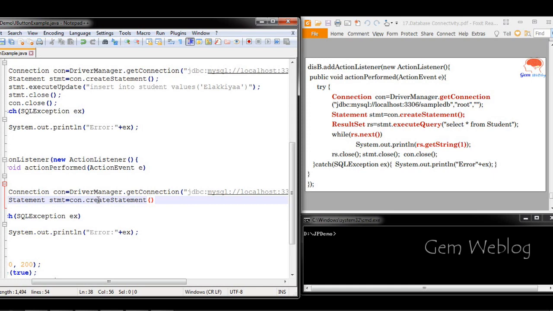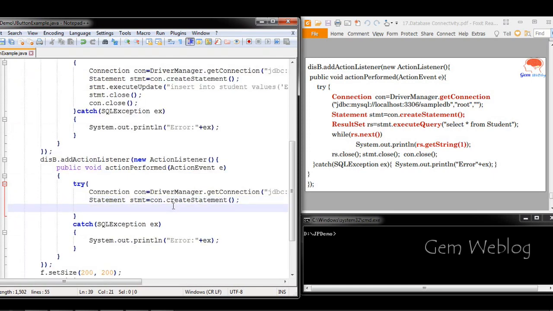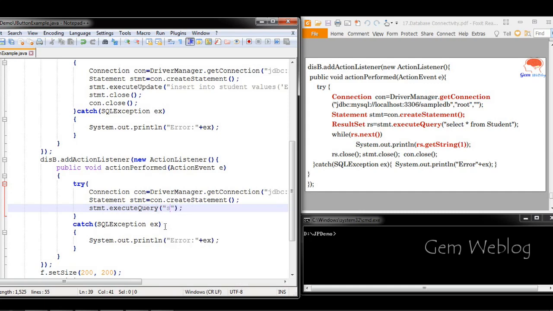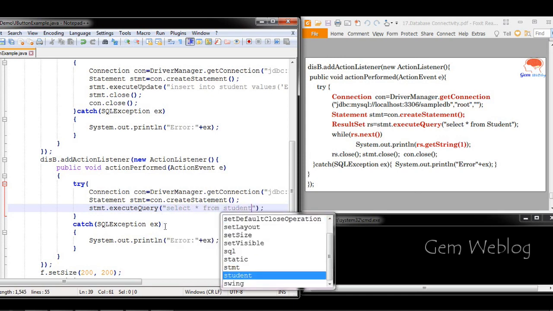Once the statement object has been created, we are going to use that statement object to execute the SQL query. Since the select query will return the result back, we have to use the executeQuery method instead of executeUpdate. So inside this method, you have to give the query: select star from table name.